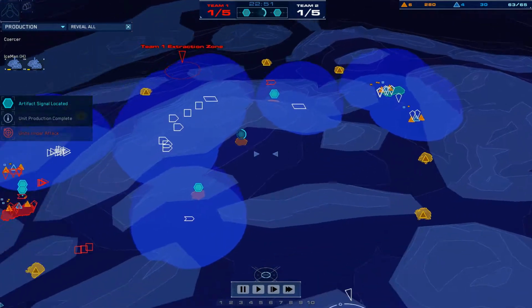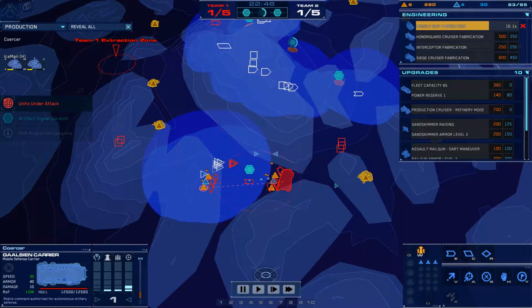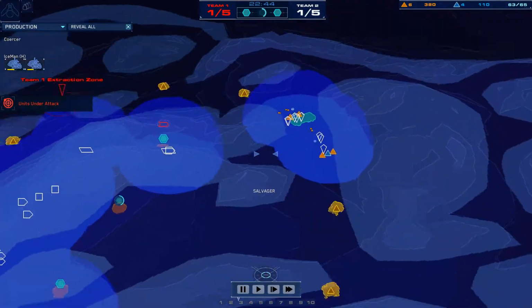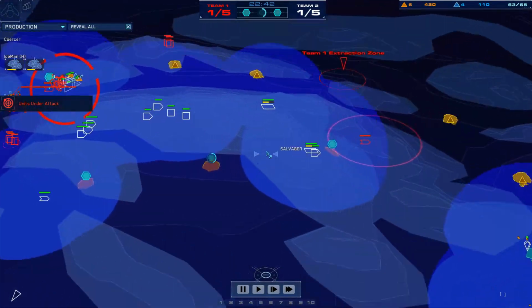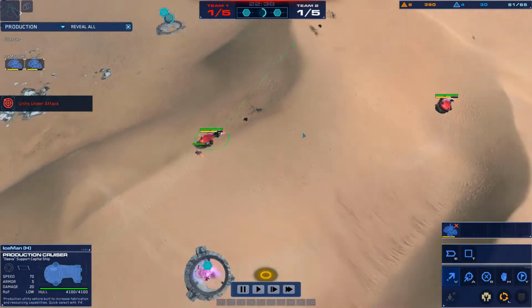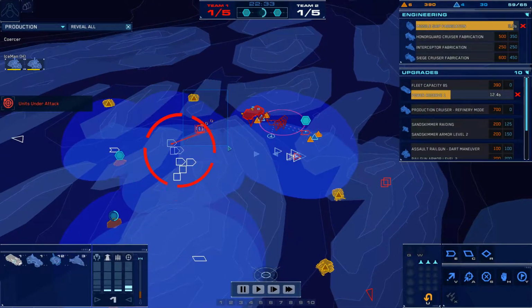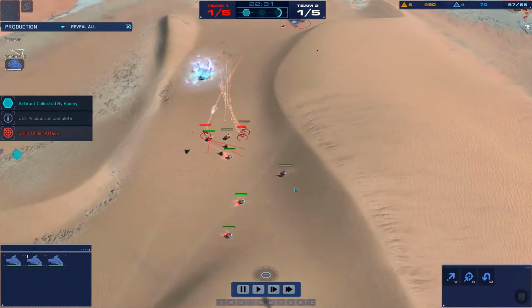Now, IceMan is still at one production cruiser at the moment, as am I, or does he have two? No, oh, I'm sorry, I didn't see this one. He does have two production cruisers, I apologize. Well, I am still on one production cruiser, but since I went for assault ships, I now also have